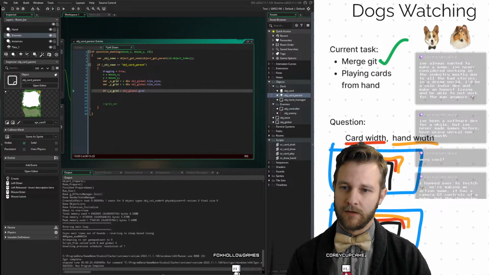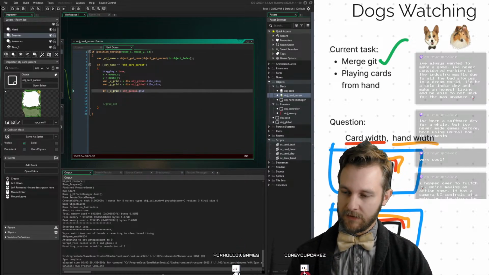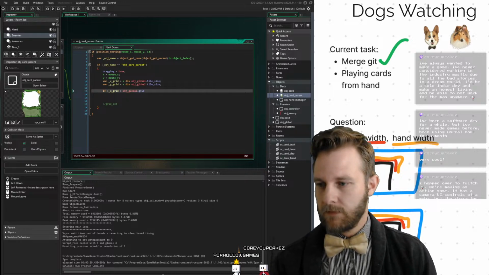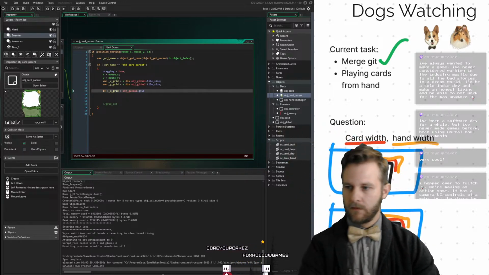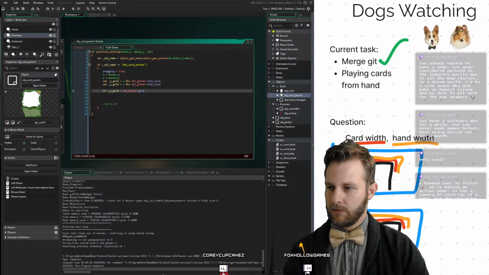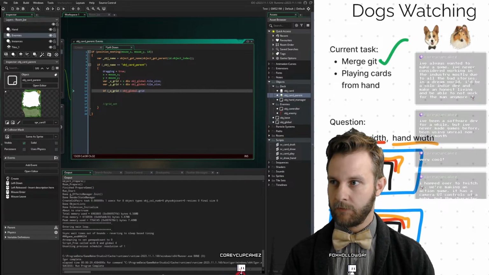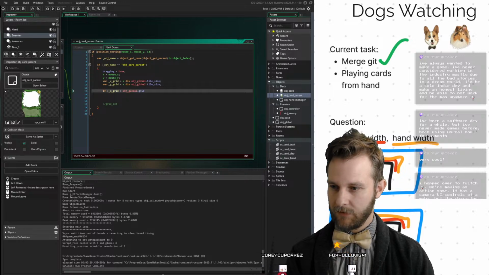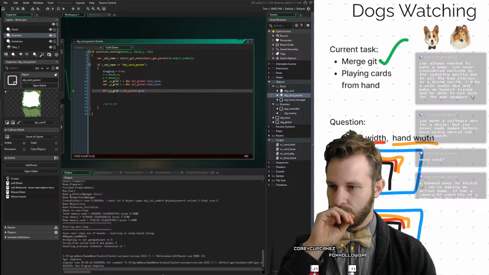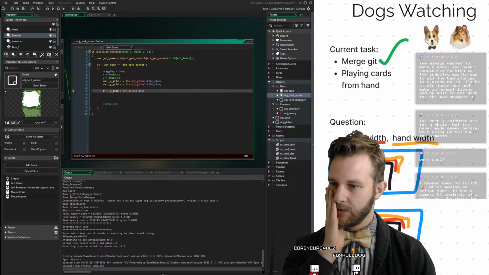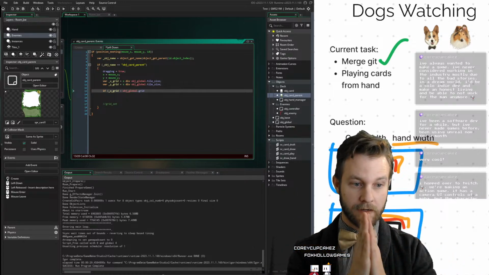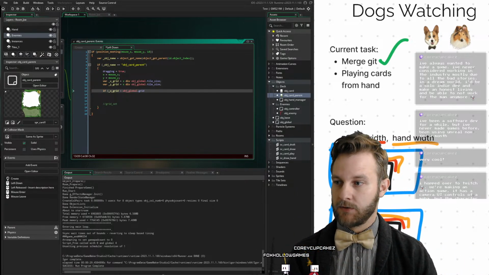So if X-Grid is greater than obj global dot grid, and then there's got to be a way to like get the dimensions of the grid, right? Is greater than